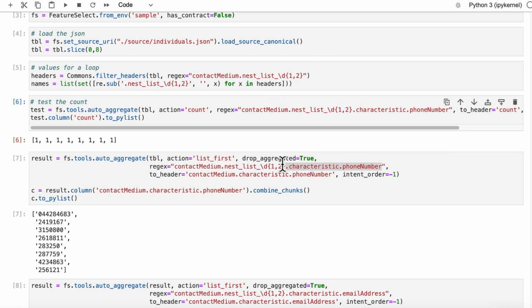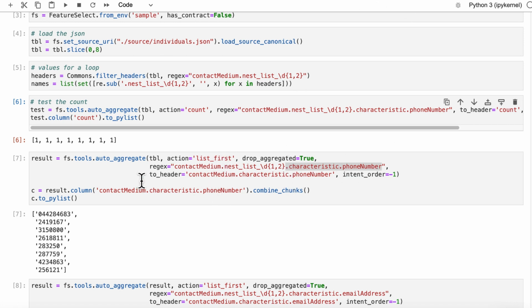We're then saying drop all the columns that are in the table, because we no longer need those anymore, as they've been replaced by the new table. Give us a regular expression, in other words, the headers. In this case, we're using a regular expression because we're saying give us all of the stuff that's listed that's got at least 1 to 2 characters within it, and the thing we're specifically looking for is character and phone number. Then we want to pass it over into contact medium and then a